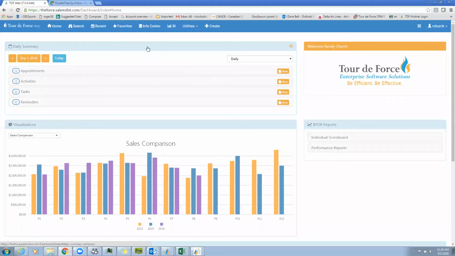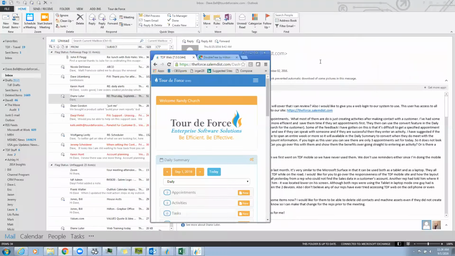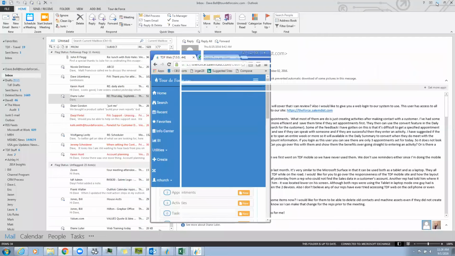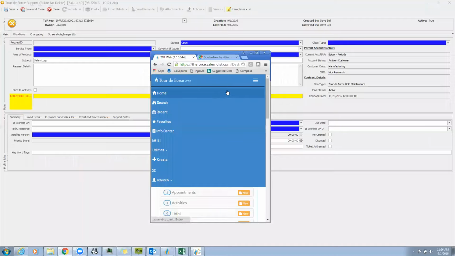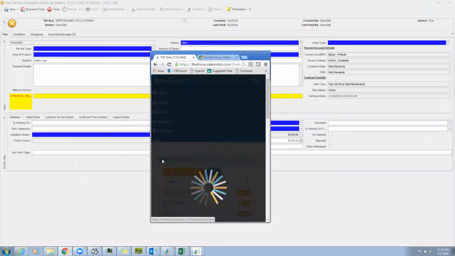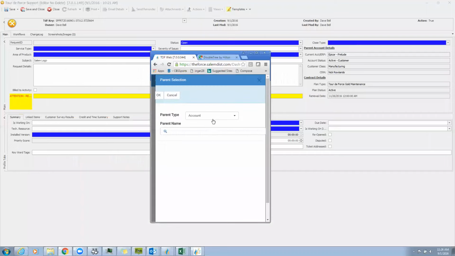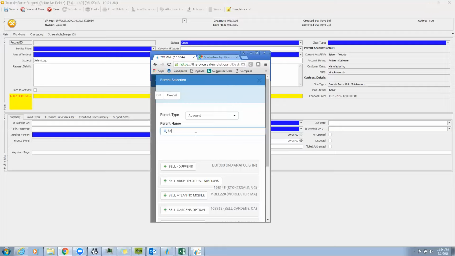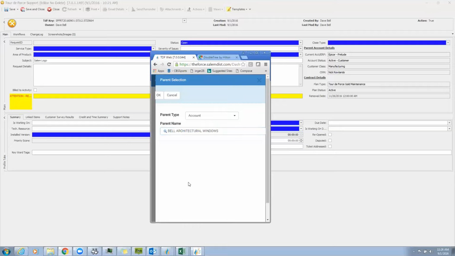The other way to create an activity, and one of the ways is if you're on your phone, because I'm going to go back to my phone view, and you come out from the call, is to go down here and come to the create button, activity, and I'm going to do it on an account. Now this search only returns 10 items, so we really got to be careful on how we do our search here. So I'm going to go, it was Bell Architecture, click OK,